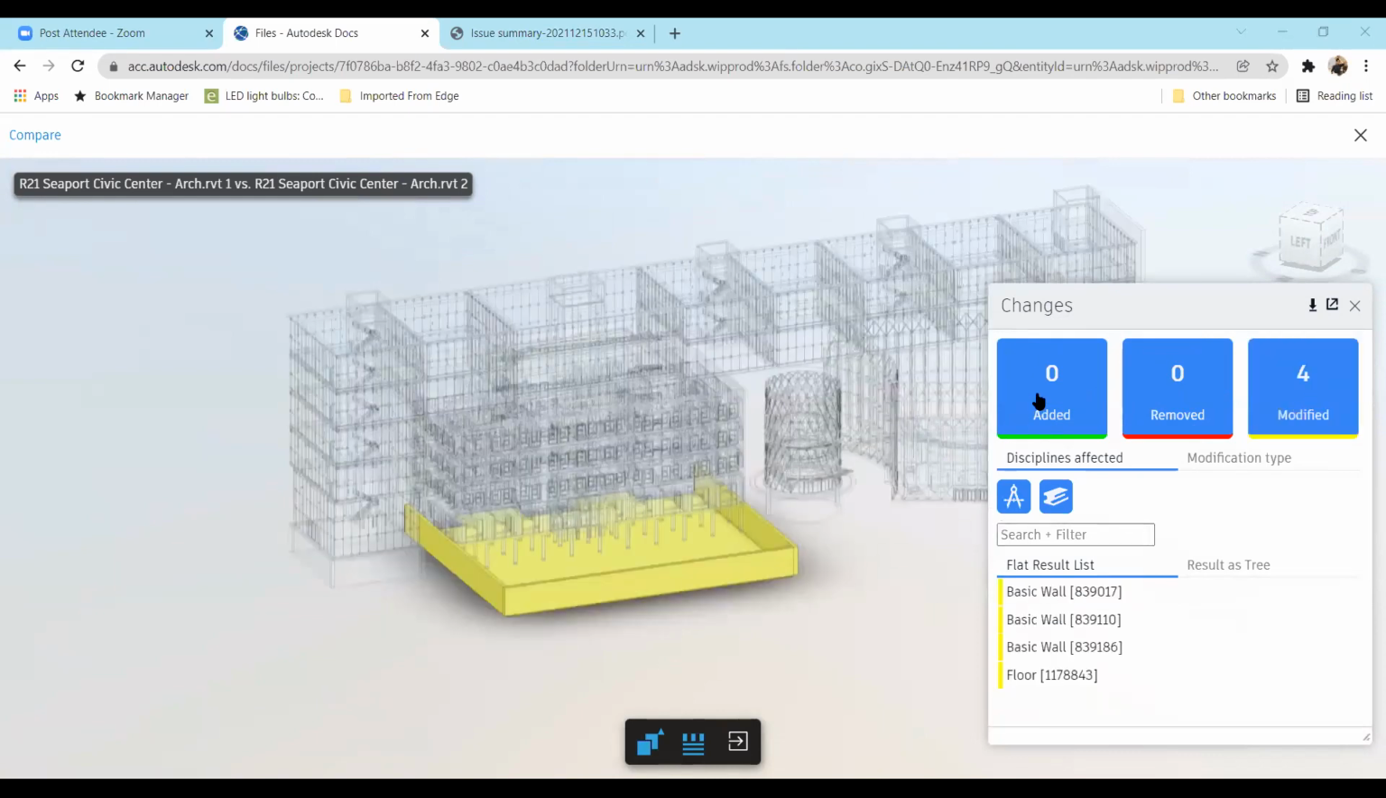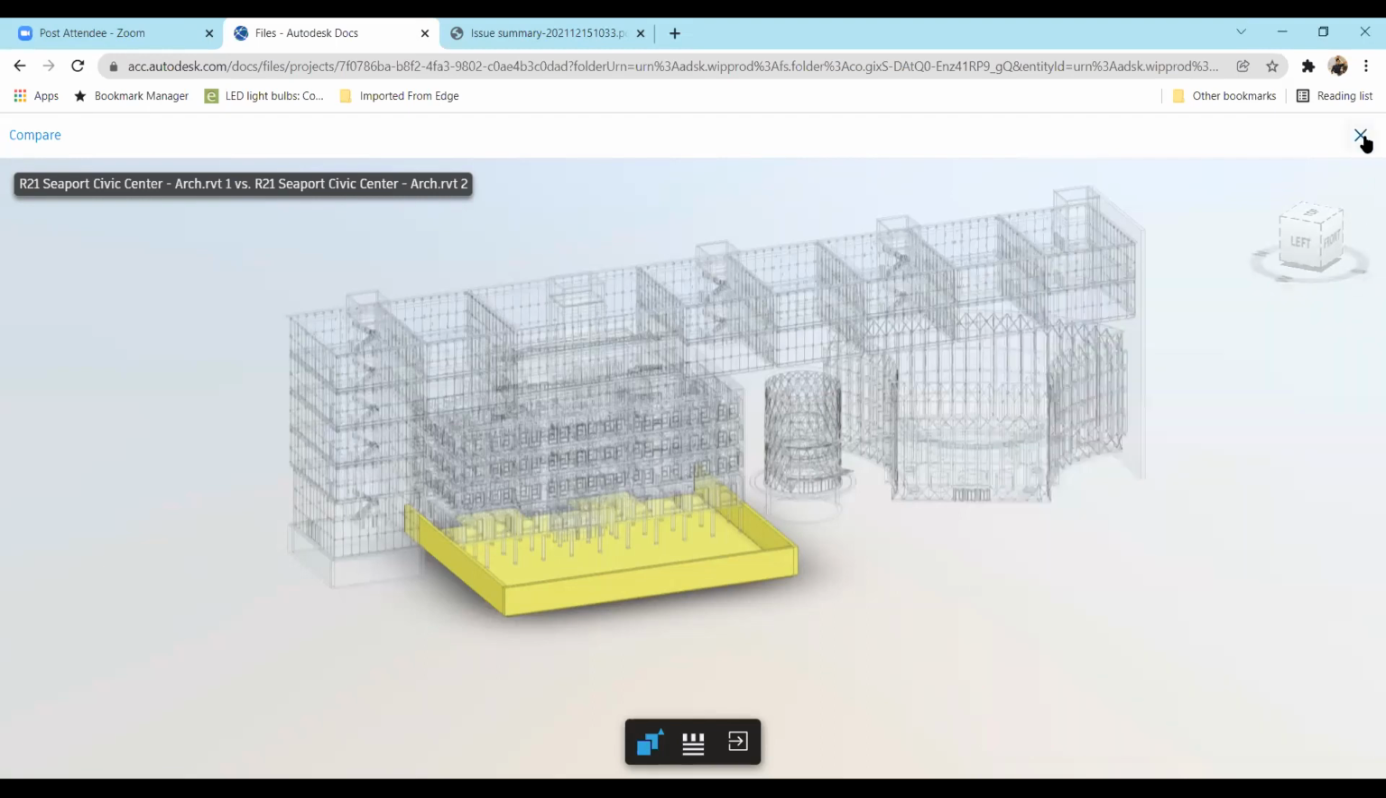By default, if anything is added, then we'll have a green color. If anything is removed, then we will have a red color. If anything is modified, then we'll have a yellow color. So this is how we are going to see what kind of differences there are between version 1 and version